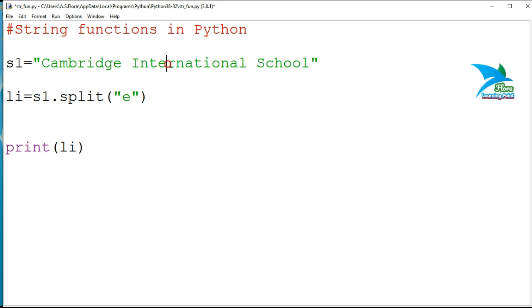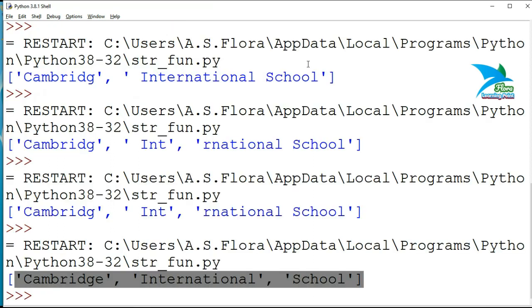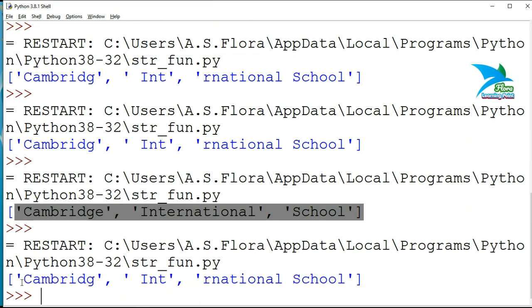After that, there is no other E, so starting from RNATINO school, this will be stored in the next part of that list. So let's demonstrate. Let's just run it.